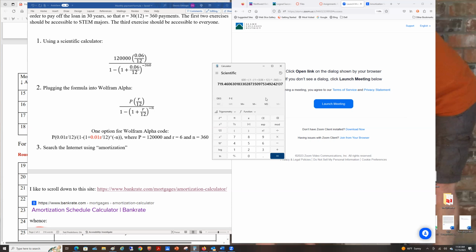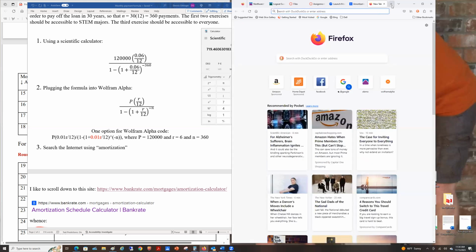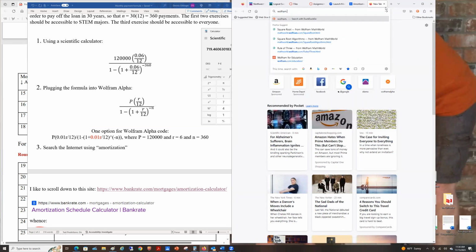Well, one way you could do this is with Wolfram Alpha. It turns out it's not very neat to do it with Wolfram Alpha, but we'll try it anyway. So if you go to Wolfram Alpha,